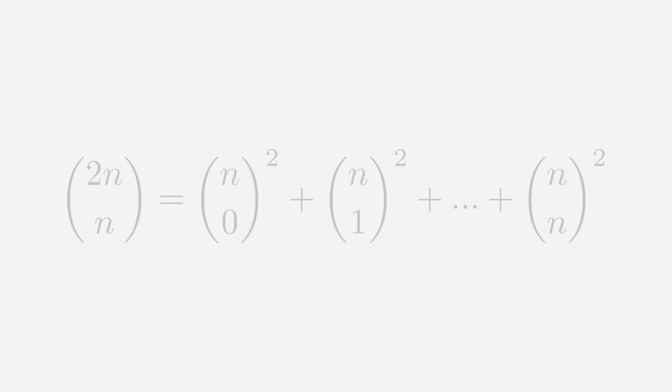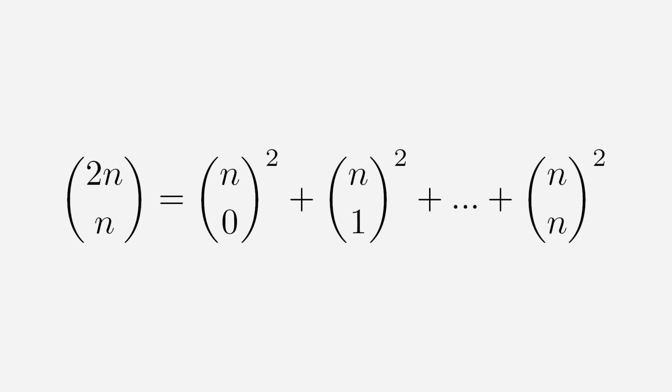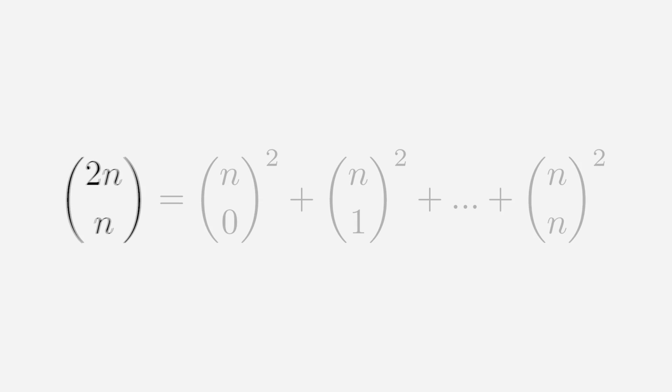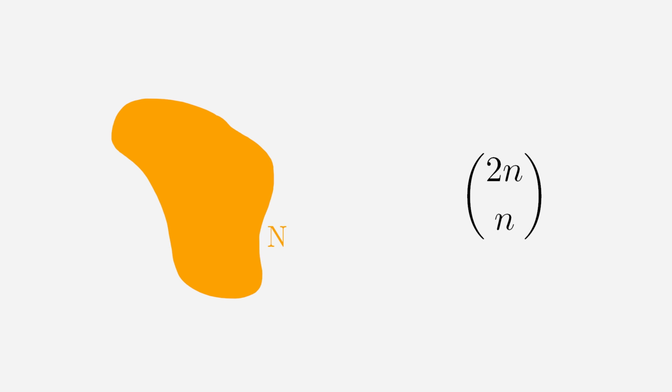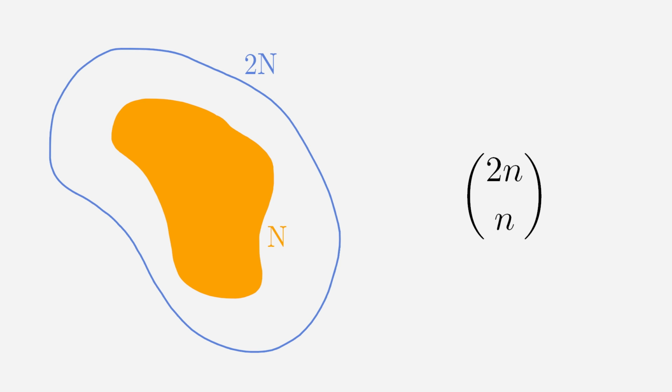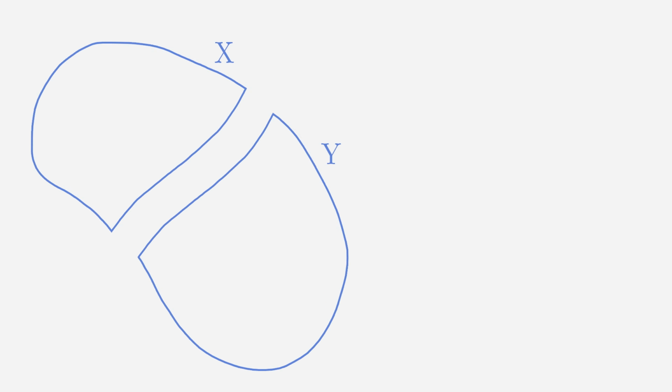Now let's prove the second identity related to binomial coefficient. Left side can of course be interpreted as choosing n objects from a group of 2n, but that's not the only way of describing such a situation. We can split the 2n group into 2 subgroups of size n, and let's call them X and Y. The choice of n elements must contain some objects from the X and some objects from the Y. So let's break it down into cases.